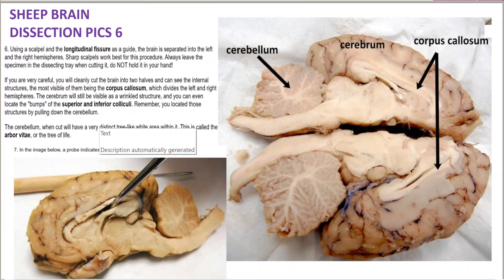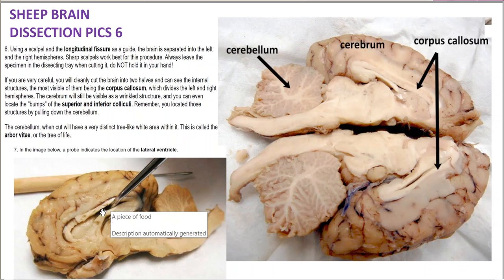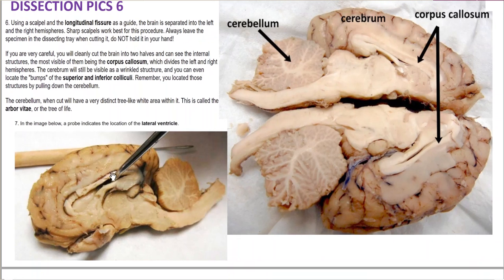Now we finally get to a sagittal cut. And so they've just gone down the longitudinal fissure of the brain, and we can see all the pieces of the inner architecture. And so you can see the corpus callosum, and you can see that little space right there of the lateral ventricle. So over here, there's a probe in the lateral ventricle. And so a septum pellucidum would be a membrane that covers that space. So corpus callosum, fornix,